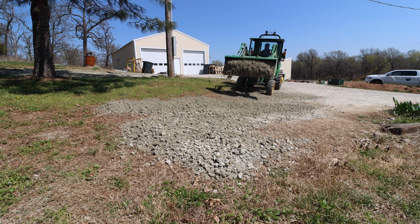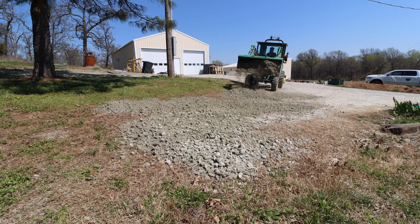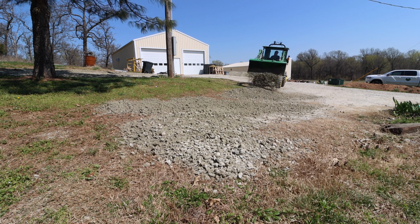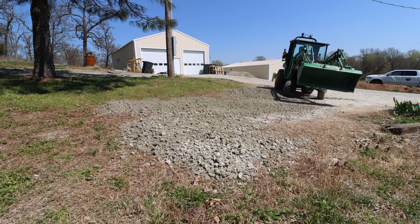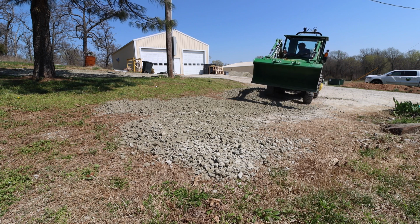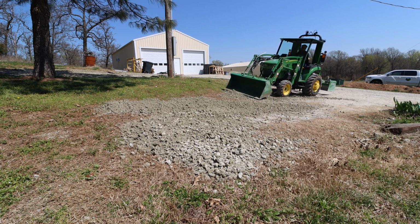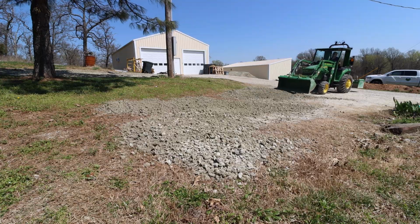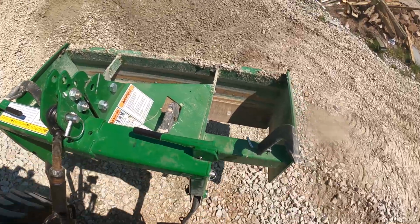As I was spreading this rock, I started to debate with myself again about how valuable a roller would be behind this tractor. Most of the rollers that I can find available are too lightweight in my mind to have an effect. I can't say that because I haven't used one behind a tractor. I've only used one behind a mower where it was a clear advantage. But for leveling out dirt or compressing rock, just using it as a lawn roller,